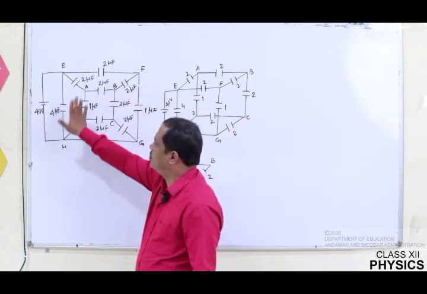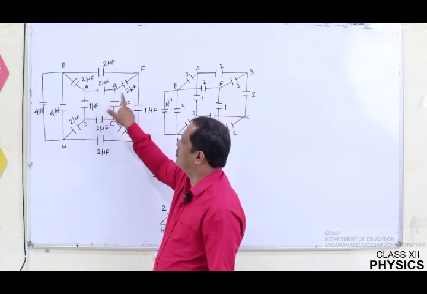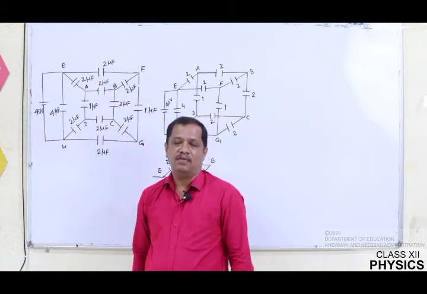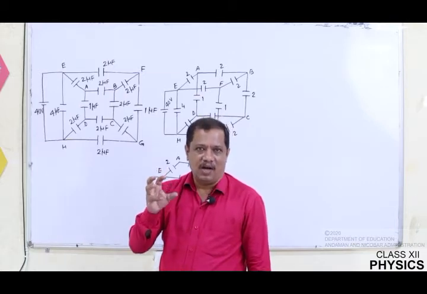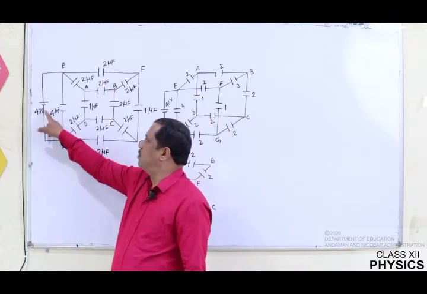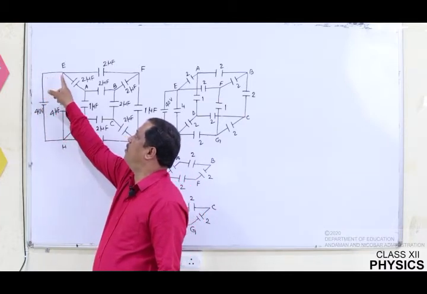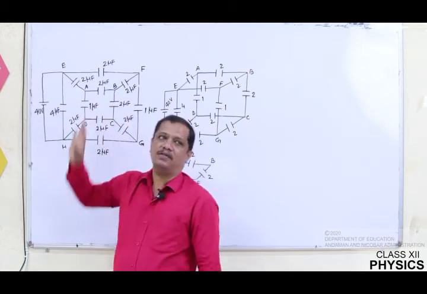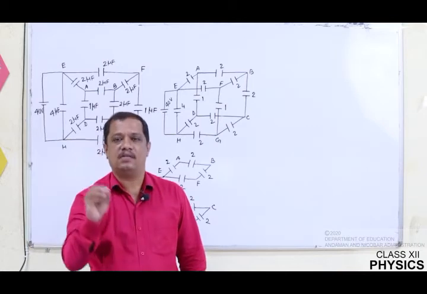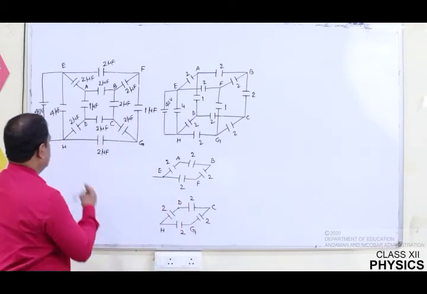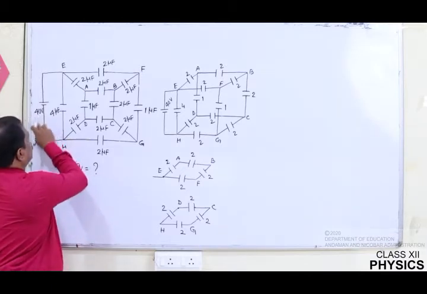This is a two-dimensional circuit and I have shown you the capacitors connected. My question is, we want to calculate the total charge that has moved from the positive terminal of the battery to the effective capacitance of this circuit. I want to calculate the total charge that has flown in the circuit, so this is Q. I want to calculate what this is. The source has 40 volt.